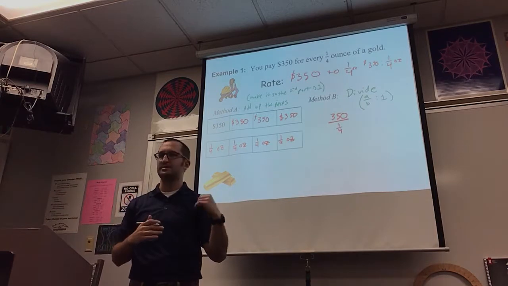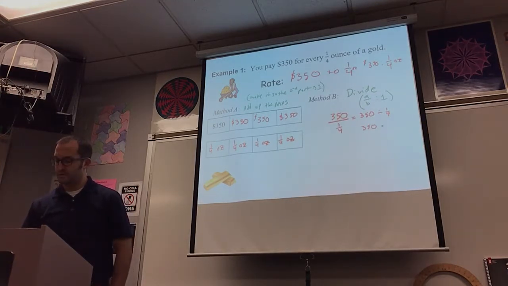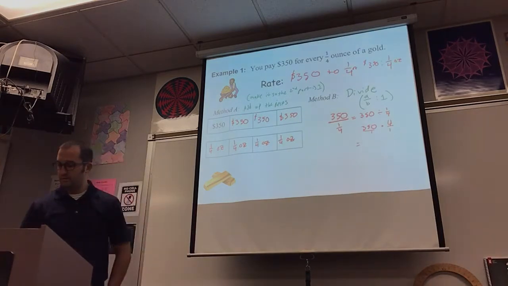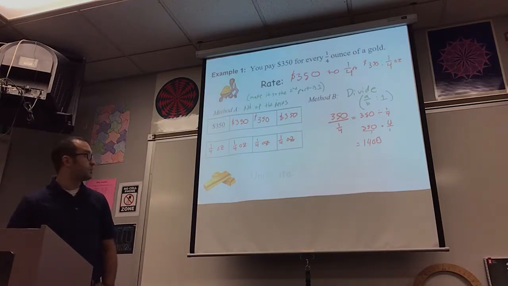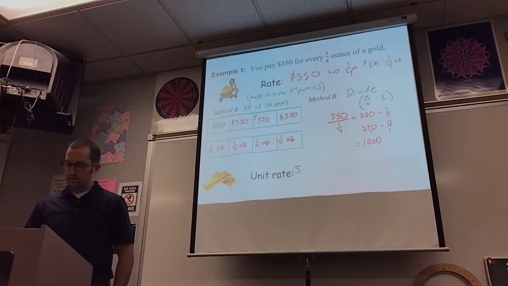Questions from, that was from last time? And we know that that's a little bit easier to be seen like this, 350 divided by 1/4, which we like writing like this, 350 times 4 over 1. And what do we get? 1,400. So what is our unit rate? It's going to be $1,400